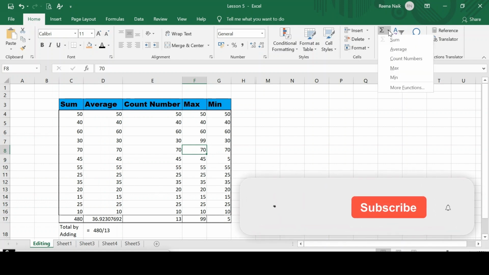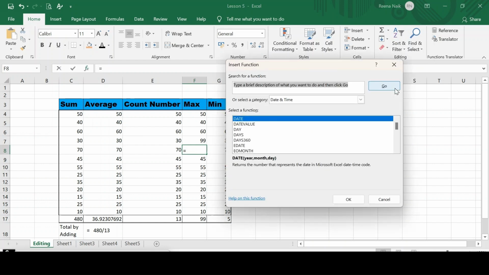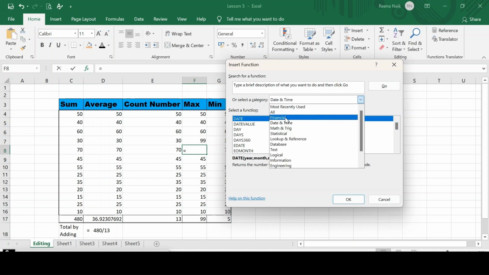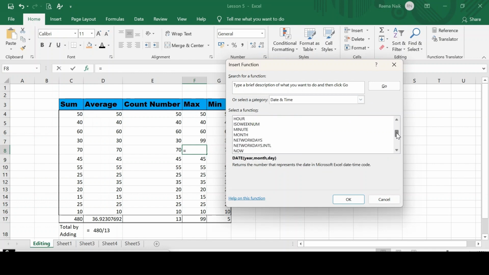The next in this is the more functions. Let's click on the more functions. You can see there are so many functions here. If we click on financial, there are so many functions in financial. If we click on date and time, there are so many functions in date and time.